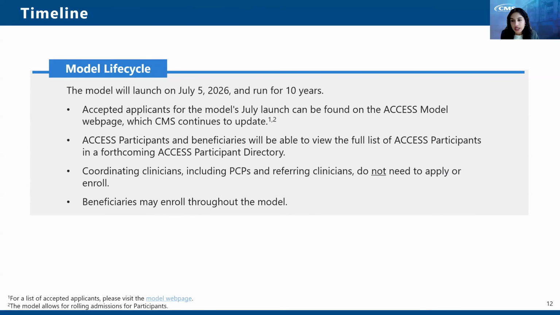Now I'll just briefly walk through key dates in the model timeline. The model will launch on July 5th, 2026 and run for 10 years. Accepted applicants for the model's July launch can be found on the Access model webpage, which CMS continues to update. There will also be a forthcoming Access participant directory that providers and beneficiaries can use to view a full list